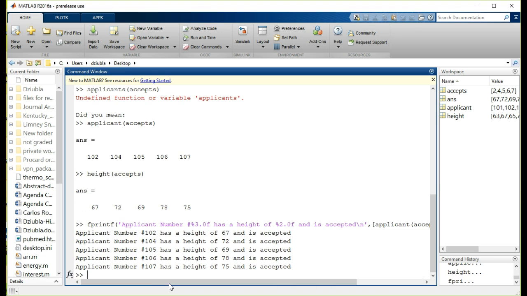There you go, and that should be it. And you can see here applicant number 102 has a height of 67 and is accepted. And you can go through the list like that and have that matched array. This is all there is to the find command that we have here, but we can do so much more